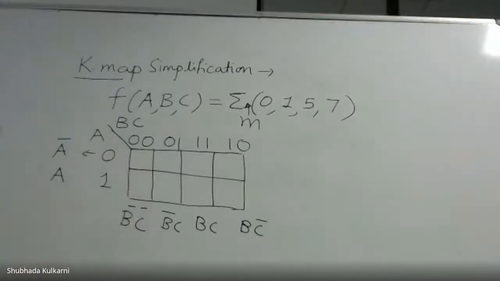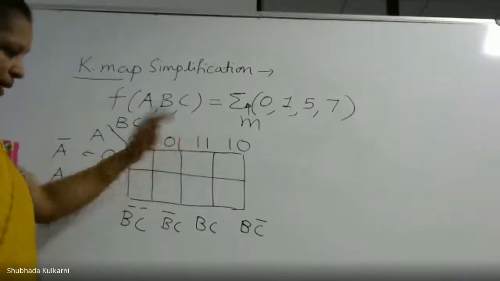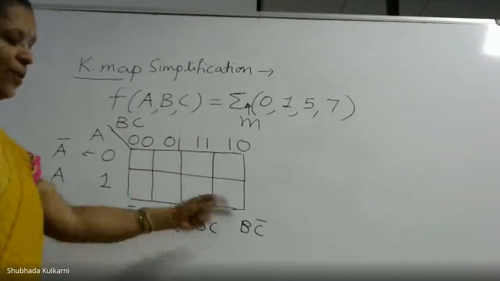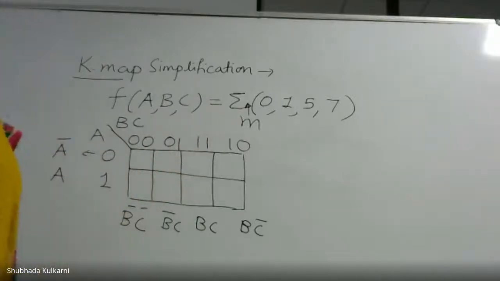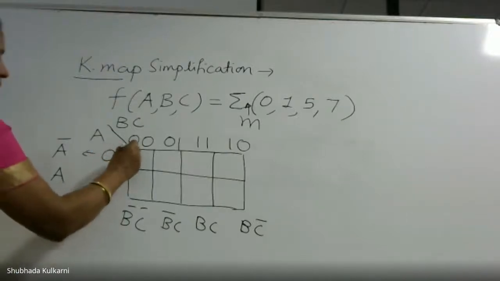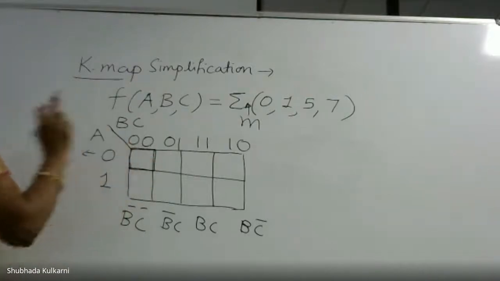Now the question is whether you should put both every time. No, even if you write simply binaries, it's fine, or you can write the product term for that. I prefer this method because it is easy to write and easy to follow. Now what is next? For each square box inside the K-map, there is a designated position for a min term.